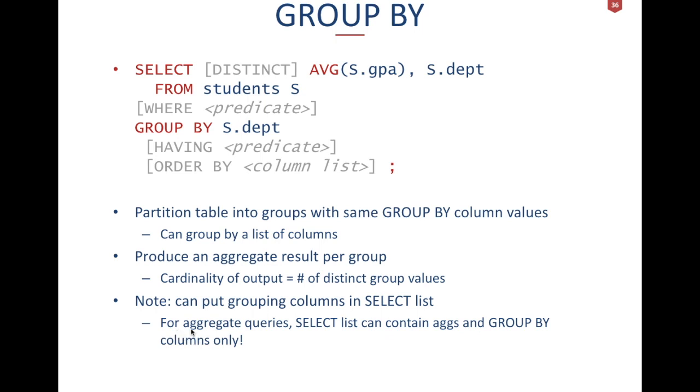So for aggregate queries, in the select statement you can only have the aggregates and the group by columns. That's the only thing that you can show. You cannot show the student name, because you're going to output, let's say, 5 rows. If I were to put the student names, that would not fit. So usually in a select statement with group by and aggregate functions, we only have these columns. We cannot have more columns like student name and other details,